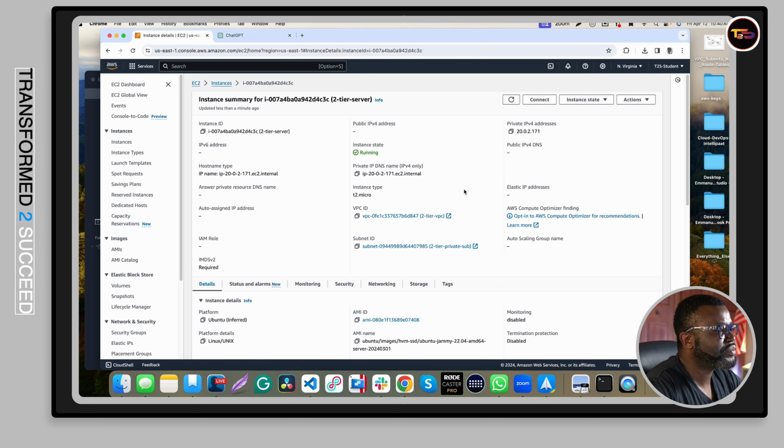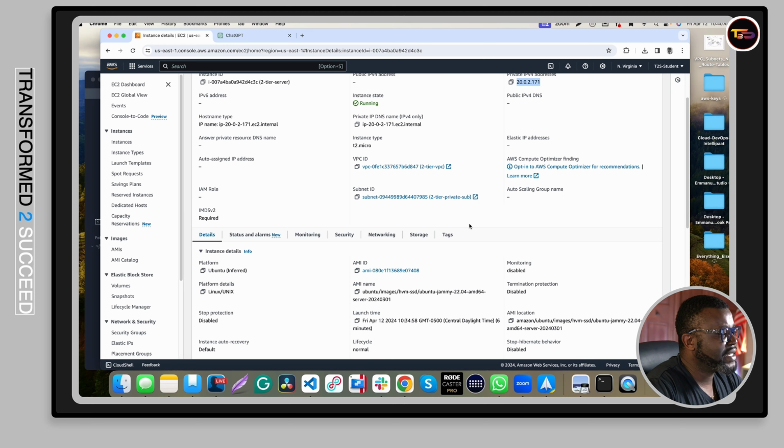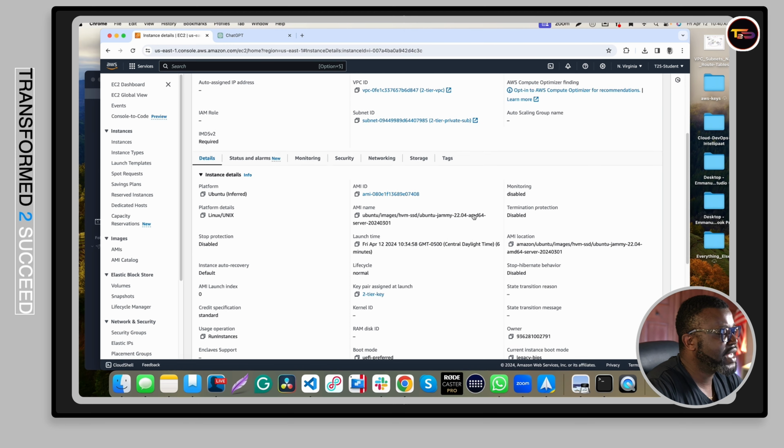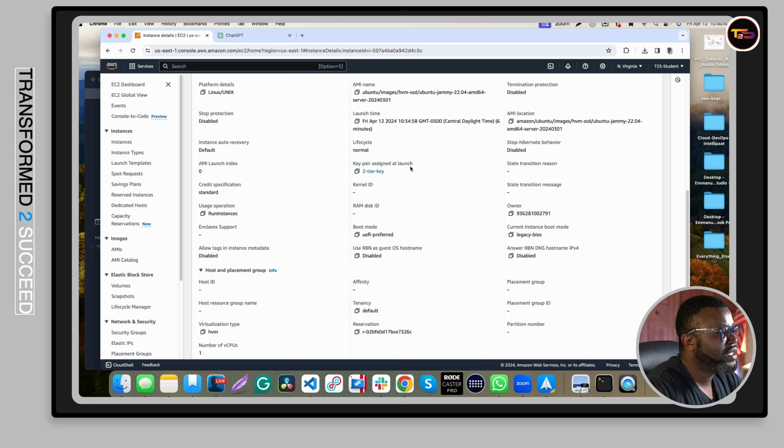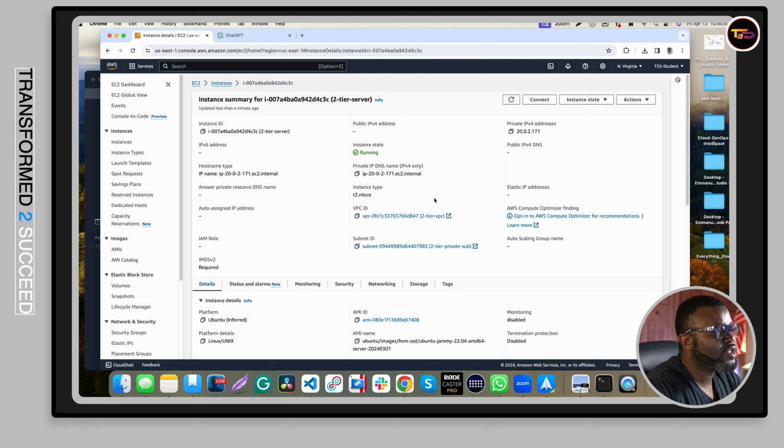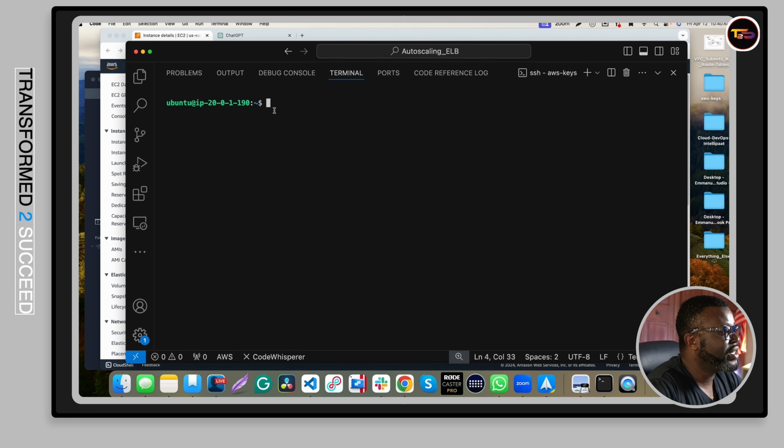this one here. Remember, it doesn't have a public IP address, but it does have a private address, and it has a key. But in this case, we're using the same key pair here. So we'll try to SSH into this using this private IP address. Go back here. So we'll try to SSH,